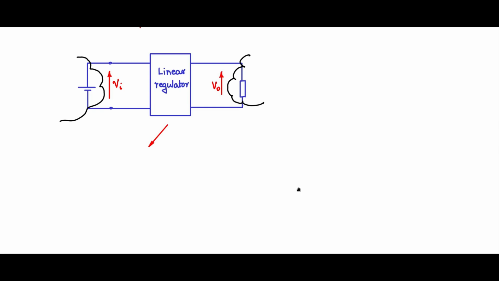There are two methods in which to achieve the linear regulation. One is called shunt regulator and the other is called the series regulator. Both are in use, both are quite popular for different applications. Generally, the shunt regulator is used for voltage references, much lower power compared to the series regulator, which is used for most of the power supplies. We will look at both and we will look at the circuits that govern each of these principles.